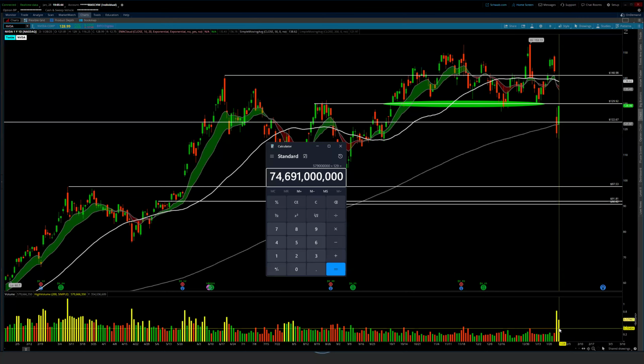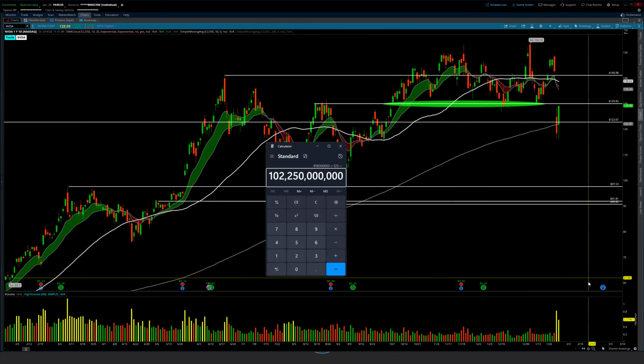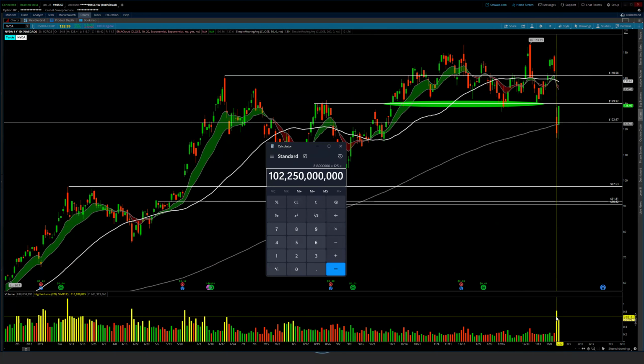$75 billion of Nvidia was traded today. Yeah, look at yesterday. 818. It's wild, dude. It's pretty insane. 100 billion of Nvidia was traded yesterday. And holy, that is just one of those wonderful examples of why